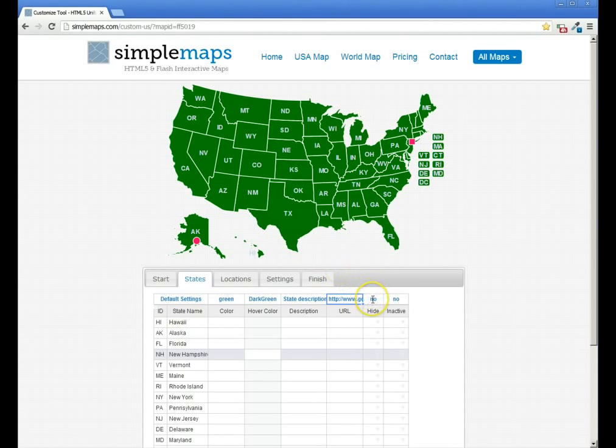And we can also decide whether we want to hide states or make them inactive by default. If they're inactive, you can no longer hover over them and you can no longer click on them. However, the locations are still active. But we don't want that for our map. All right, so you can see it's very easy to quickly change the map,